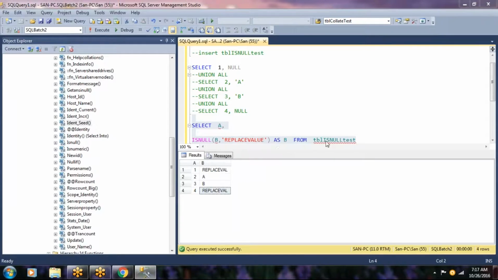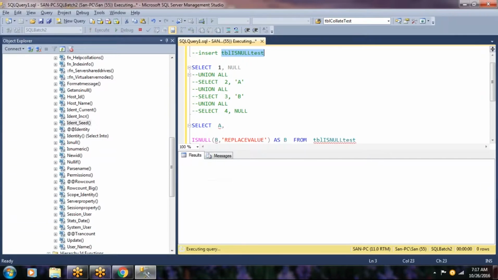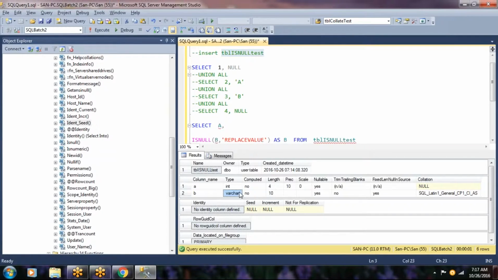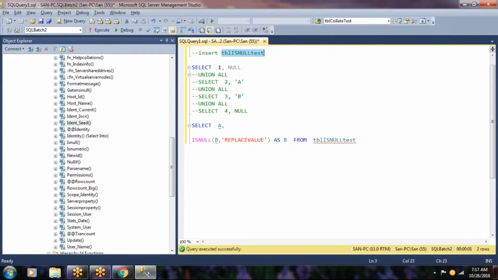Now if you see, when I am replacing a value with replace value, there is a cutting that happened, because my varchar column is of length 10. Count: 1, 2, 3, 4, 5, 6, 7, 8, 9, 10.